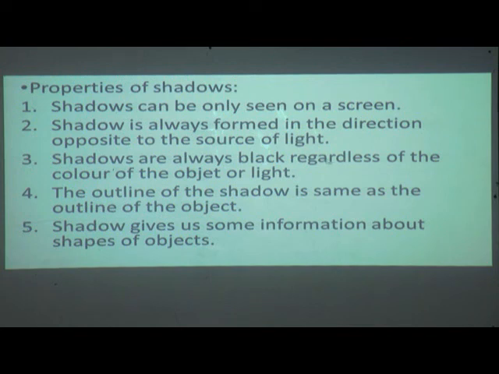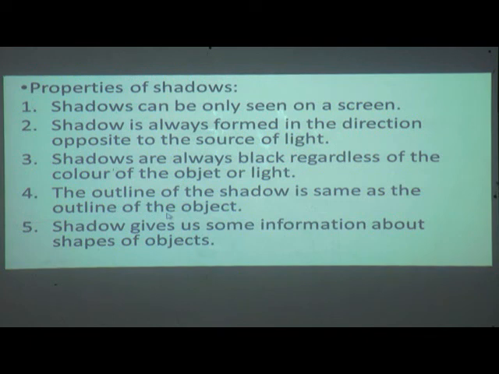Shadows are always black regardless of the color of the object or light. The outline of the shadow is the same as the outline of the object. Shadow gives us some information about the shapes of objects. So all these properties prove correct.